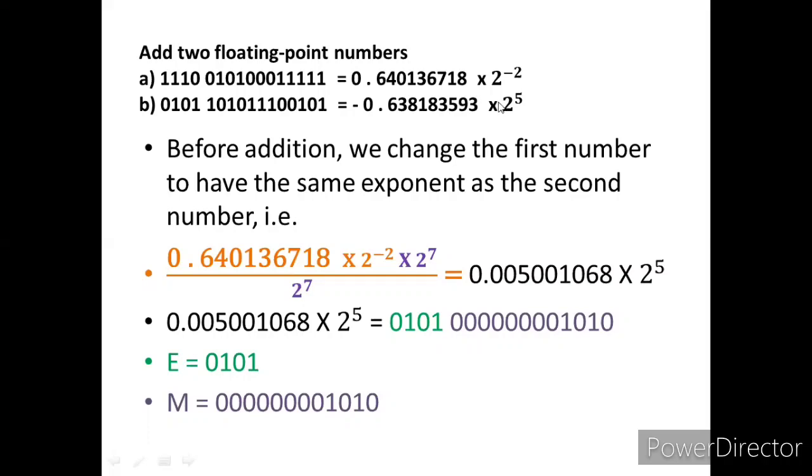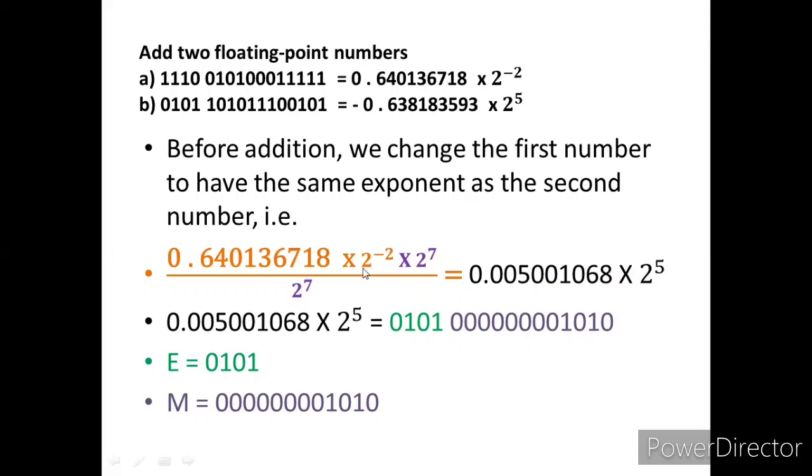Before adding, we have to see that the numbers are in the same format. Now, if you observe, we have different exponential terms and the sign changes there. First we have to convert them to the same exponential format. The first number is 2 raised to minus 2, whereas the second number is 2 raised to 5. So convert 2 raised to minus 2 to 2 raised to 5. How to do that? Multiply and divide by 2 raised to 7 to the same number,